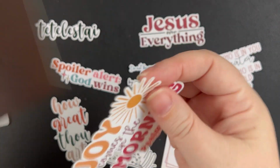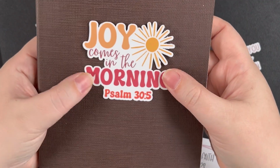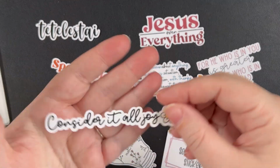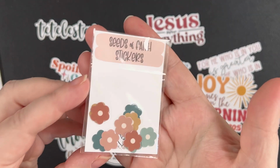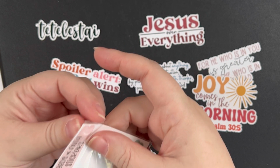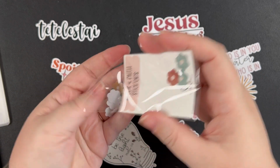Ooh, but this could be a good one as well. And I'm thinking I'm going to cover this. Joy comes in the morning. And then consider all joy. Now, did I order these or did she give me some bonuses? These are Seeds of Faith little stickers, or additional little vinyl